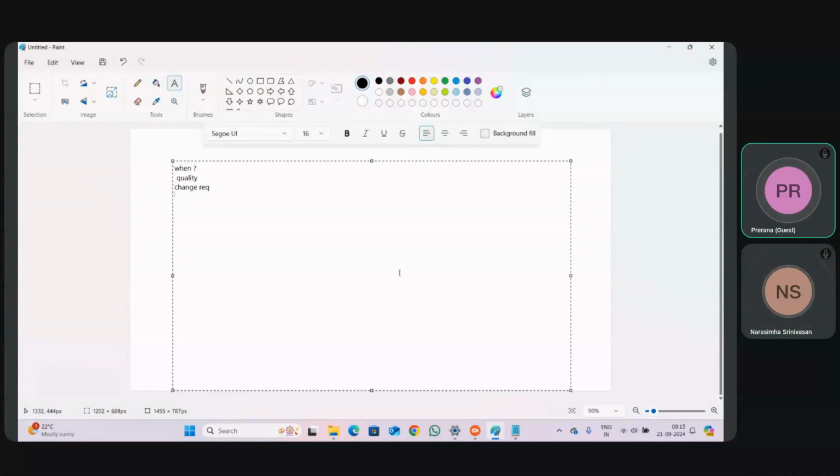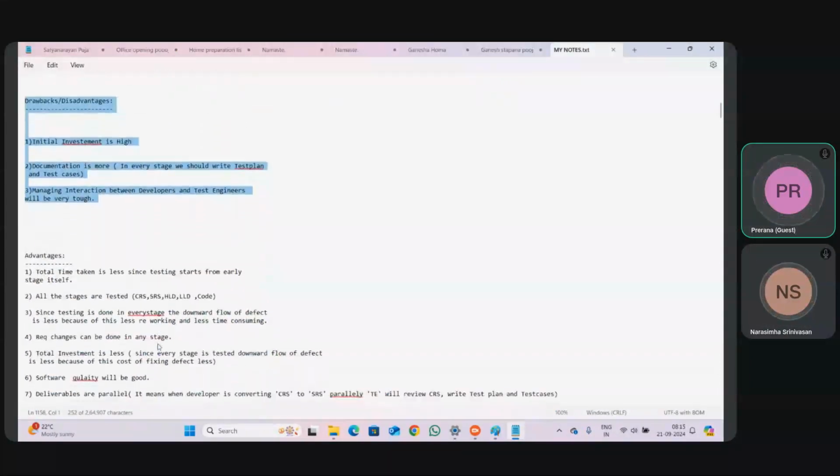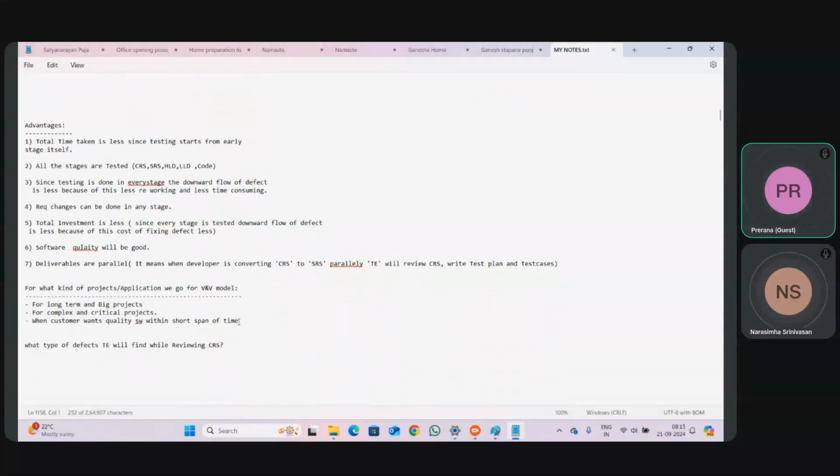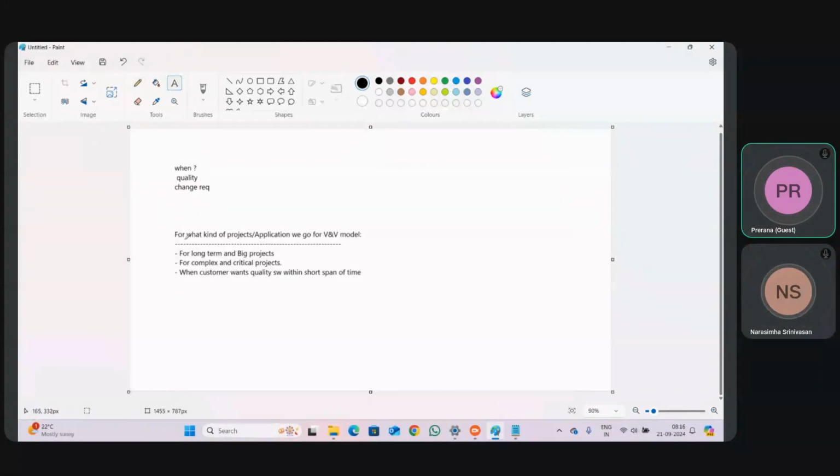Any points? Sir, whenever there are continuous updates and continuous changes, like in customer-facing industries such as Amazon or any shopping website, when they are introducing new products, or the weather app, where every day they are changing the weather, or flight status notifications like delayed or arrived on time.